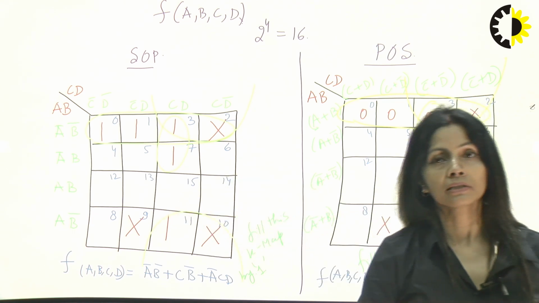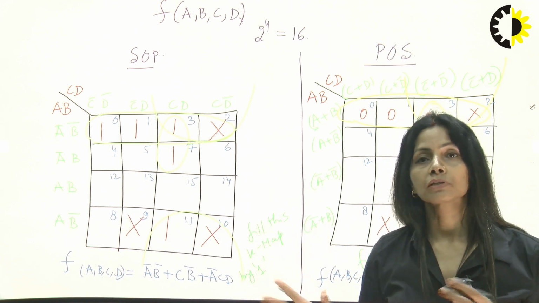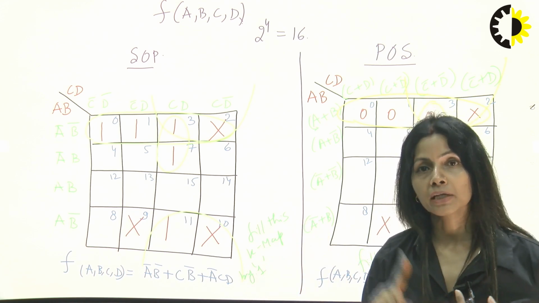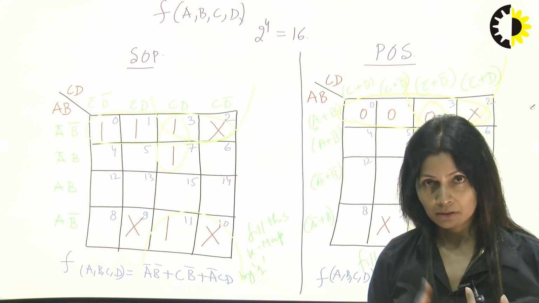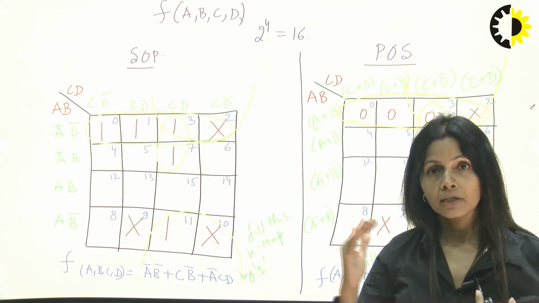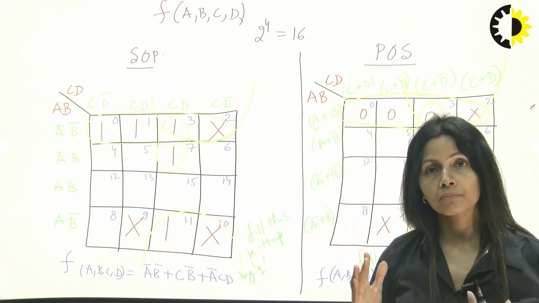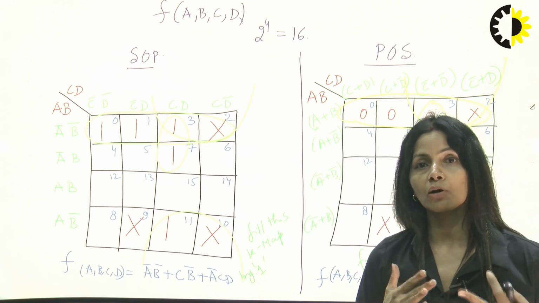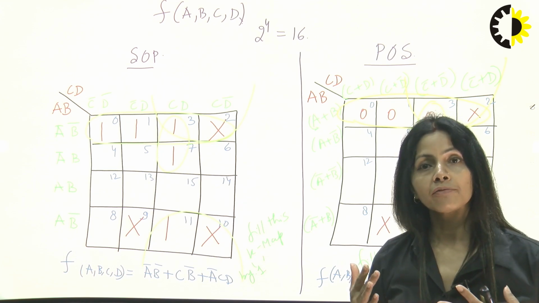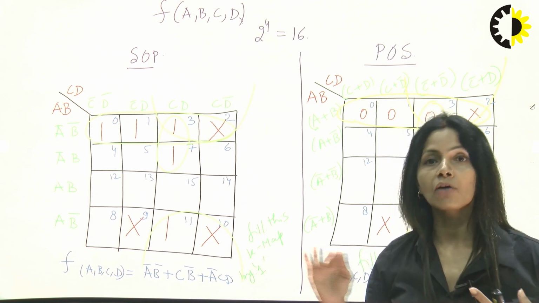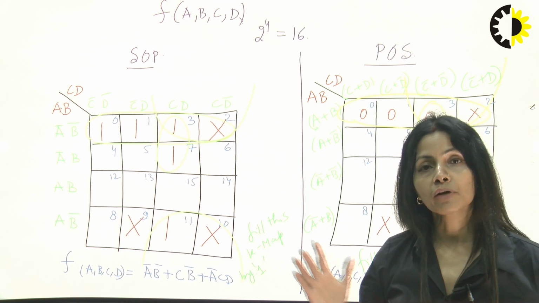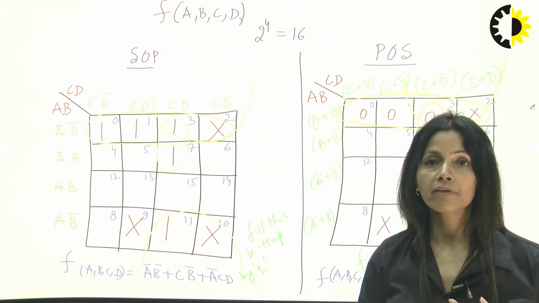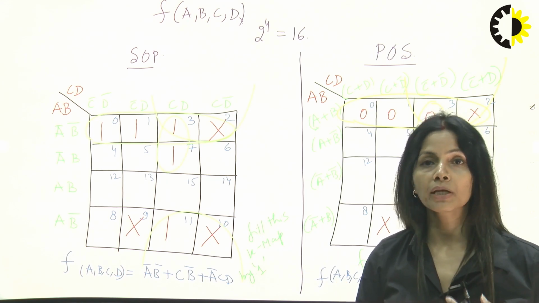This is the simple method you can use. First of all, you have to keep the variable positioning very important, down the line or up the line. If you are putting the first two variables, one variable or whatever, you have to put it down the line, then you will count horizontally, and then you can solve the problem by identifying whether it's a problem for SOP or POS.